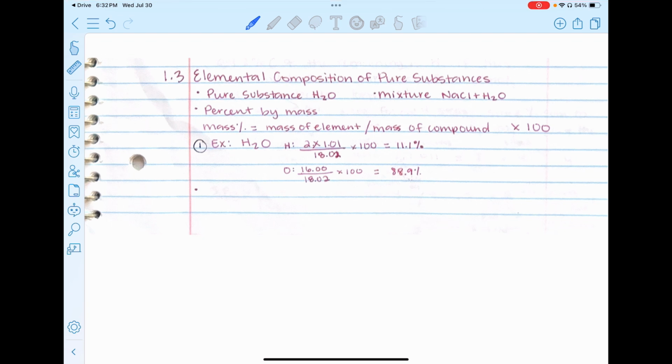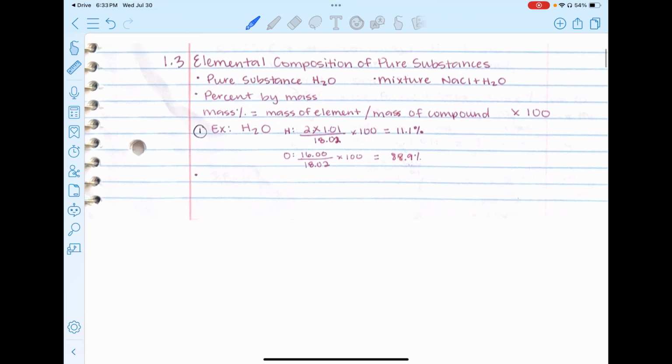That would be a mixture of 2 or more different compounds. So one of the things you'll be expected to do regularly is calculate a percent of some sort. In this case, we're talking about a percent by mass. So when we're referring to mass, we're referring to grams. As with all percentages, they're pretty simple. A percentage is always the part divided by the whole. And then to calculate it as a percentage, you need to multiply by 100. So if I ask you to calculate the percentage of hydrogen in H2O, for example, as you see here,